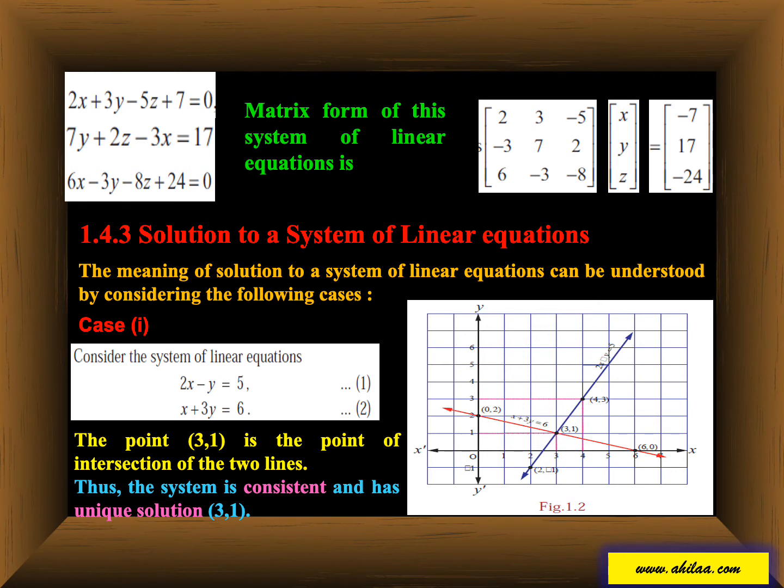Remember, if the two equations are completely different, then the two lines will meet at a single point only. Then the system has only one solution, a unique solution. If the system has at least one solution, then the system is said to be consistent. So remember again, if the two equations are completely different, they meet at a point and the system is said to be consistent with a unique solution. Understood? Fine.